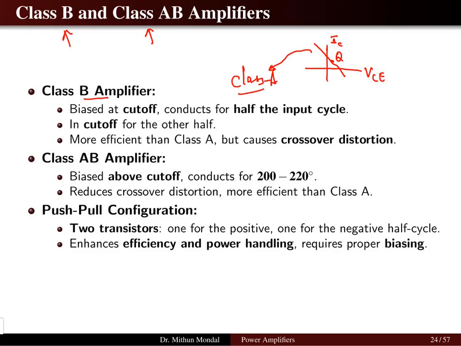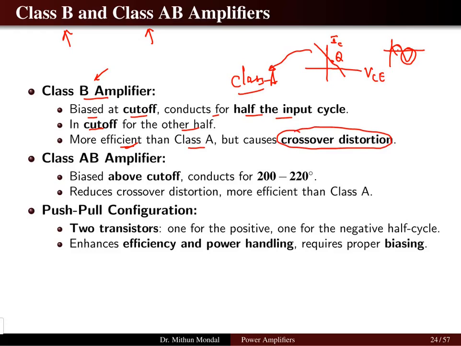Class B amplifier, here the bias has to be done at the cutoff and it will conduct for half the input cycle. In class A amplifier, the entire cycle is used for the conduction process, but in class B amplifier, only one half of the input cycle will be used for the conduction. In cutoff, the other half will be present. So the other half will not be conducting. It is more efficient. So class B amplifiers are more efficient than class A, but it has a problem of